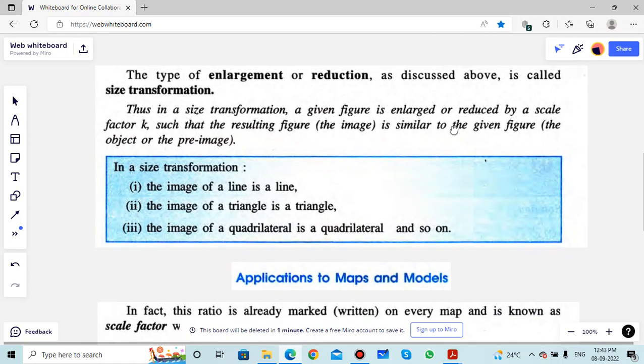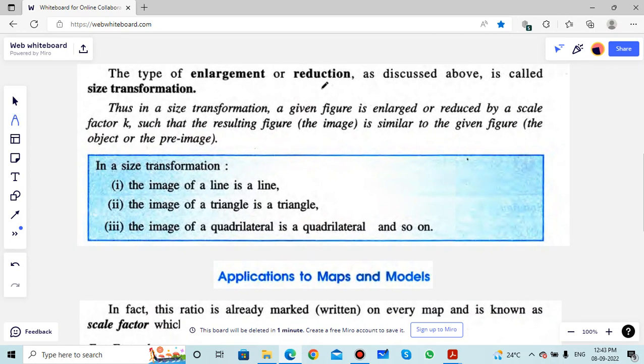Now just see whatever they have given in your book. The type of enlargement or reduction. Enlargement is magnification, I would say. The right word is enlargement. Enlargement or reduction discussed above, we call that entire thing a size transformation. In size transformation, a given figure is enlarged or reduced by a scale factor of k. General term will be k. Here we took it as 2, half. It can be any number, so k,